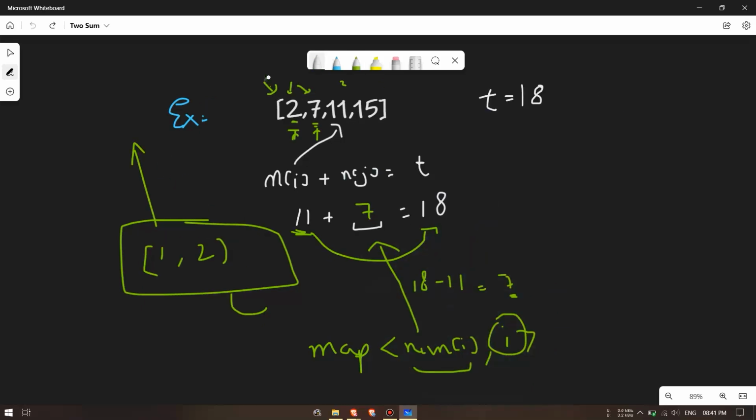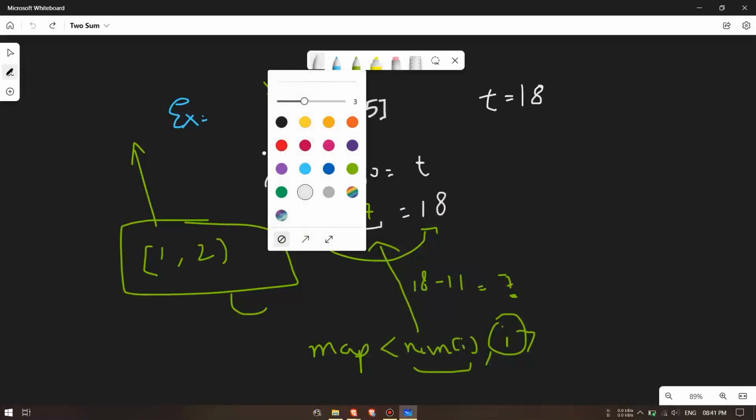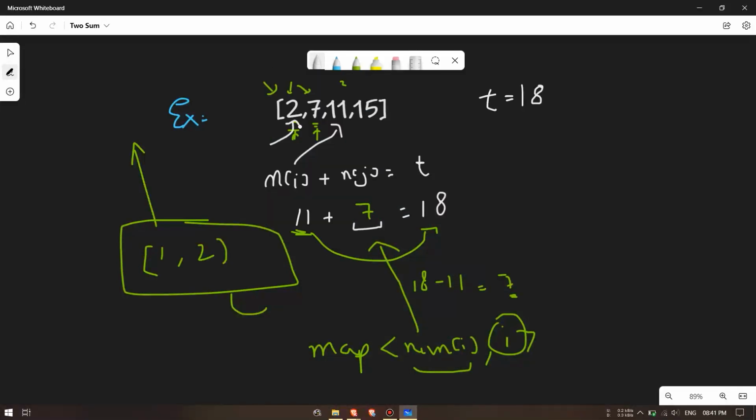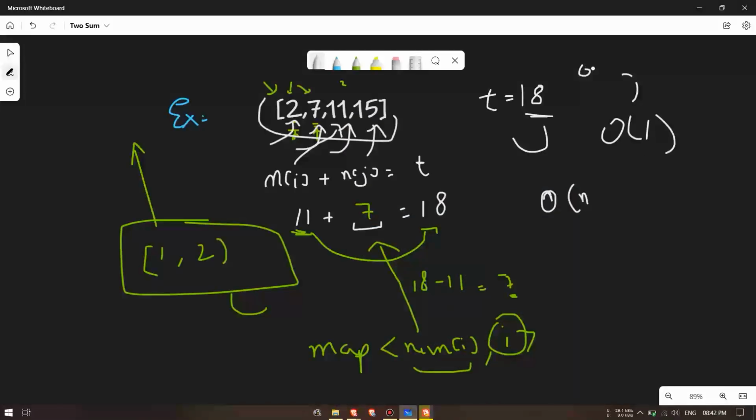Okay, let's talk about the time and space complexity. So basically what we are doing is iterating over every element in the array, subtracting it from the target, and checking if it's present in the map or not. For this we are iterating only a single time, so that will be O of n, and subtracting is a constant operation. Finding in the map generally takes O of 1 time, but in an ordered map it takes log n time,